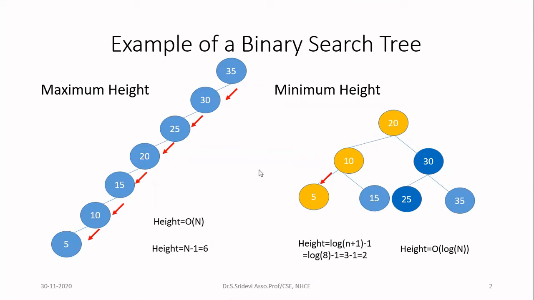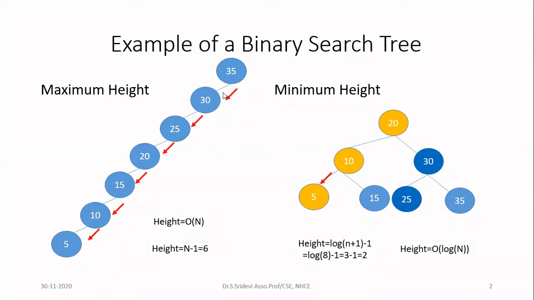So for the same set of input, in one case we are getting the height as 6, whereas in the other case we are getting the height as 2. So in the first case, height is order of n, whereas in the second case, height is order of log n. Here the base is 2. Suppose I give 1024 nodes in my tree. If it is exactly left skewed, the height of the tree will be 1023. Whereas if I go for this type of tree, if it is perfectly balanced, then I will have height as order of log 1024 to the base 2. That is nothing but 10. 10 will be the height of the tree. Now you can imagine the difference between 1023 and 10.